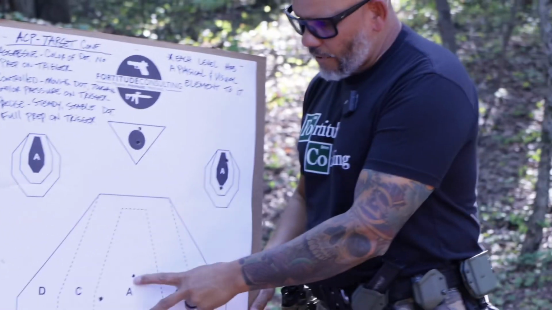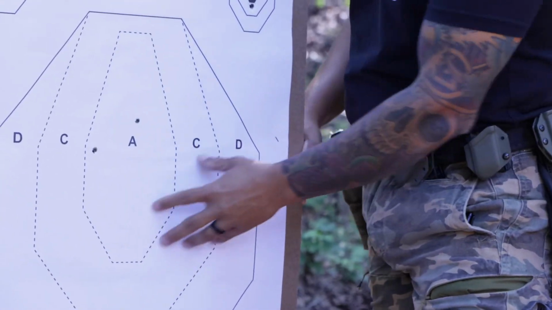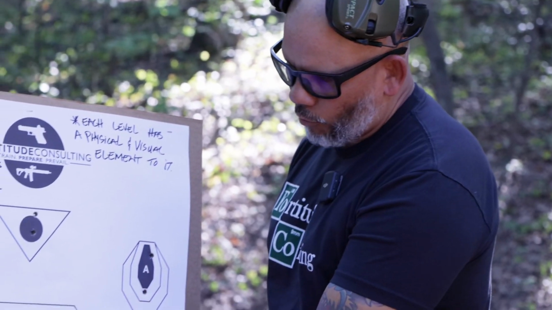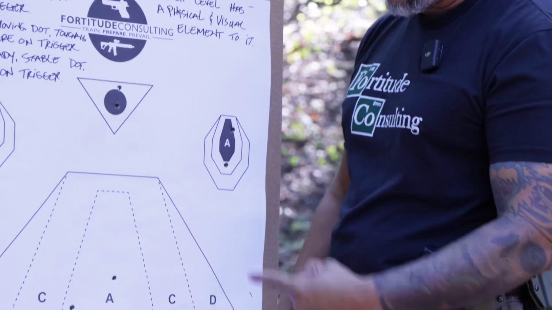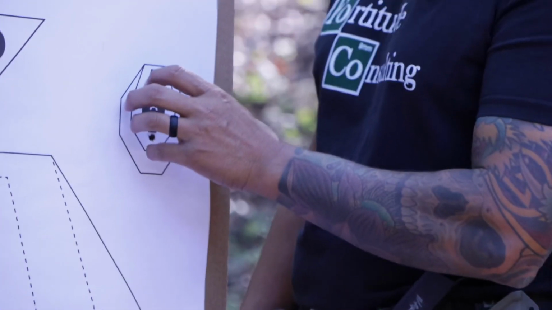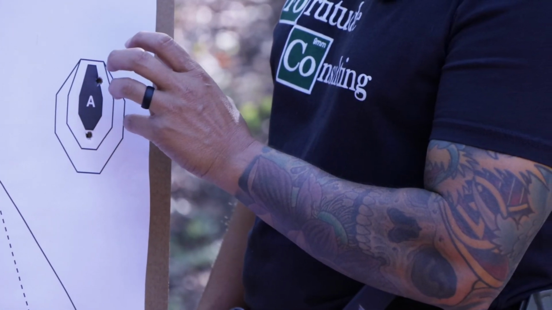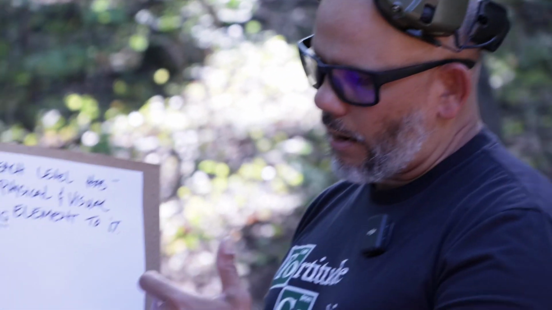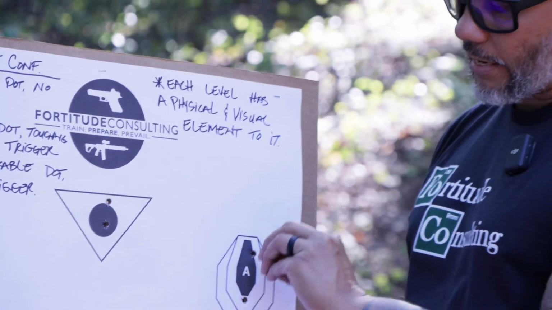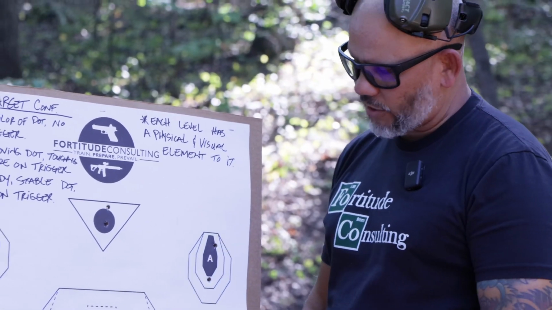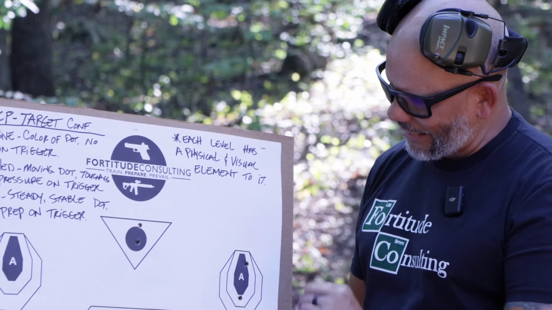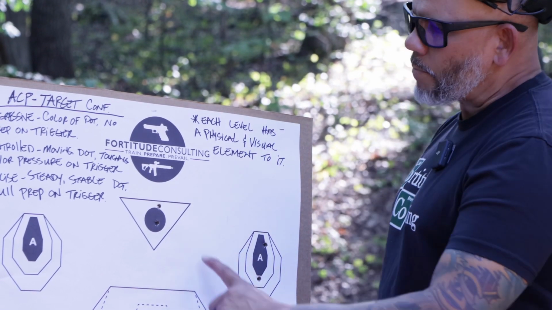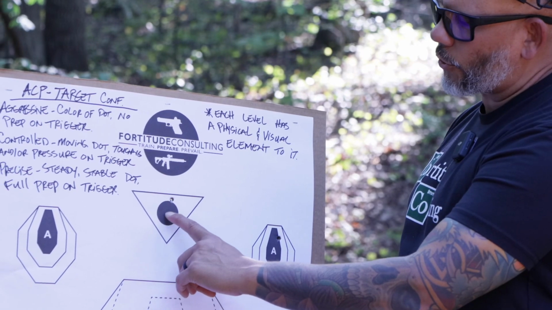So here on the A zone, we've got a lot more wiggle room at the exact same distance. You saw it was super aggressive on the actual A. We came up to the reduced size USPSA Classic. It was not as aggressive. We had the dot moving inside the actual USPSA Classic, and we had at least touch pressure on the trigger for every shot. Transitioned up here to the